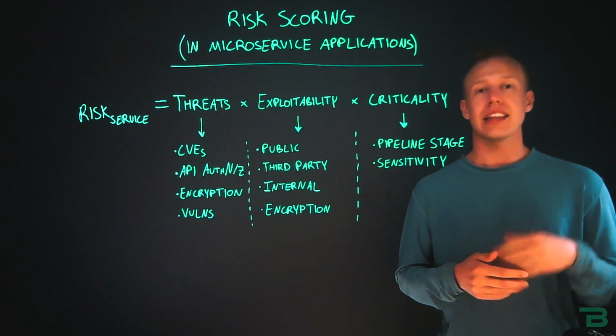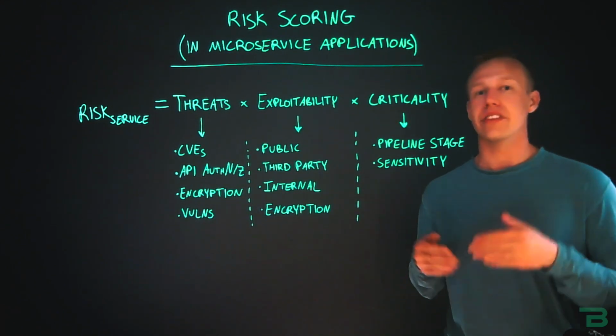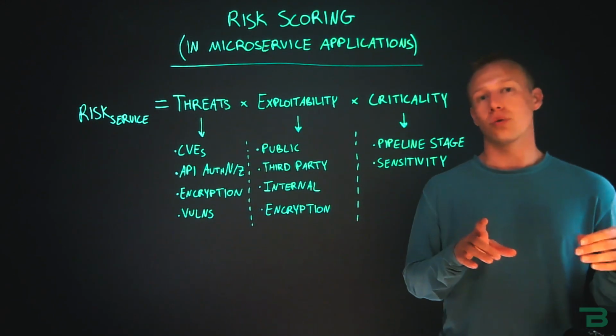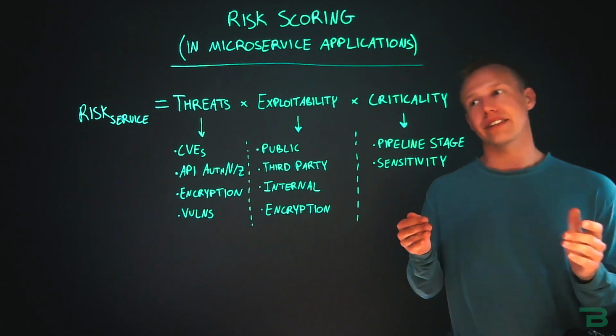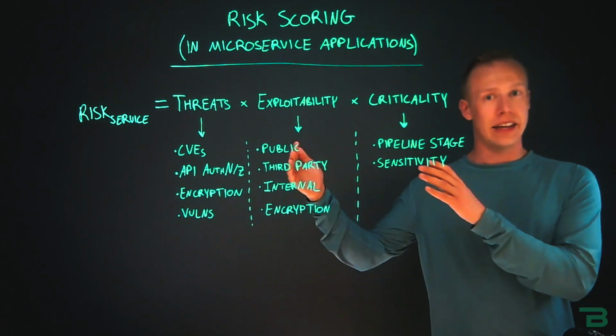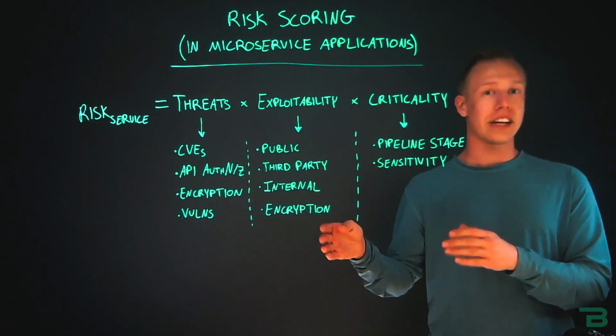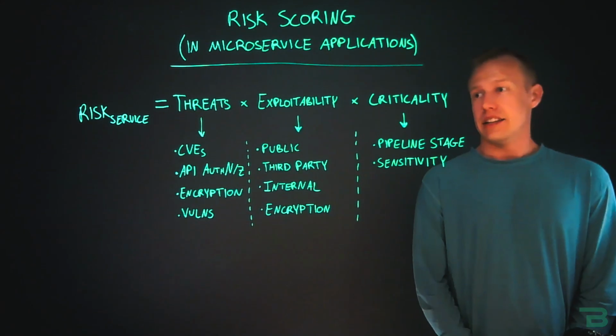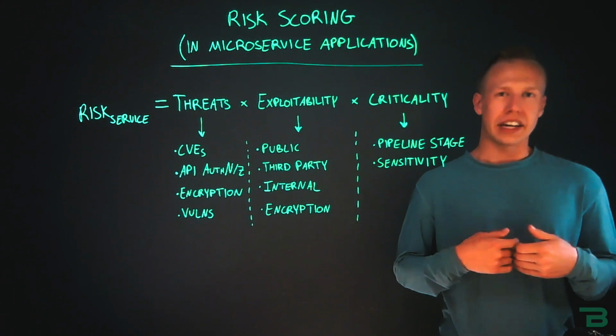And then if you start to see a lot of themes, so maybe we have a lot of the same type of threat coming up over and over again, then you go, we clearly need to institute some sort of process change earlier in the pipeline, and then we figure out, did that change actually fix this issue? Are we no longer seeing these risks in production? And so that's the way that I like to think about risk scoring in microservice